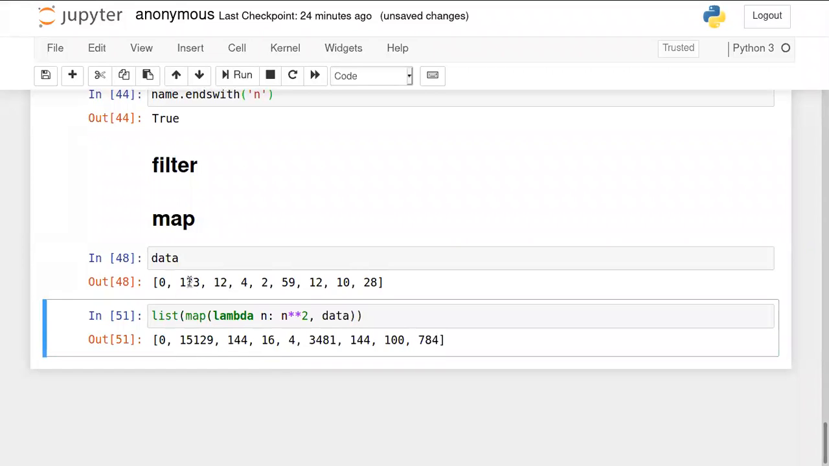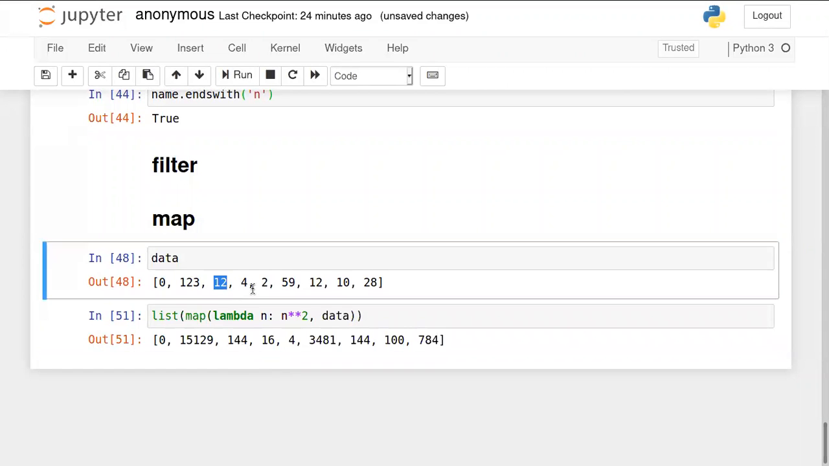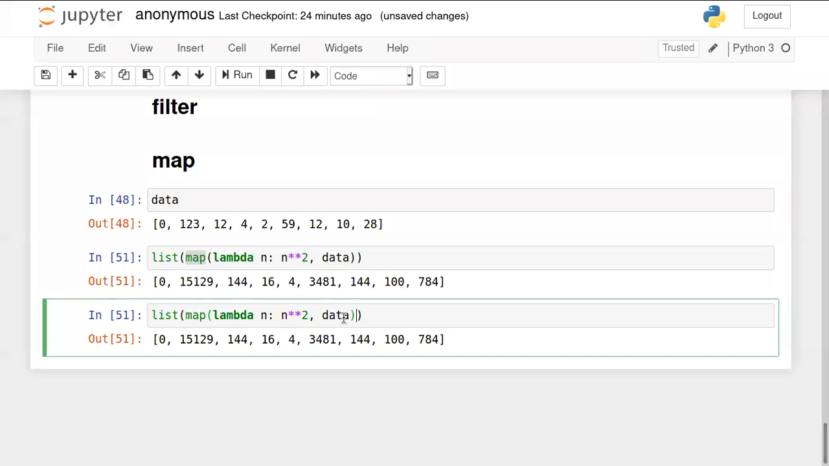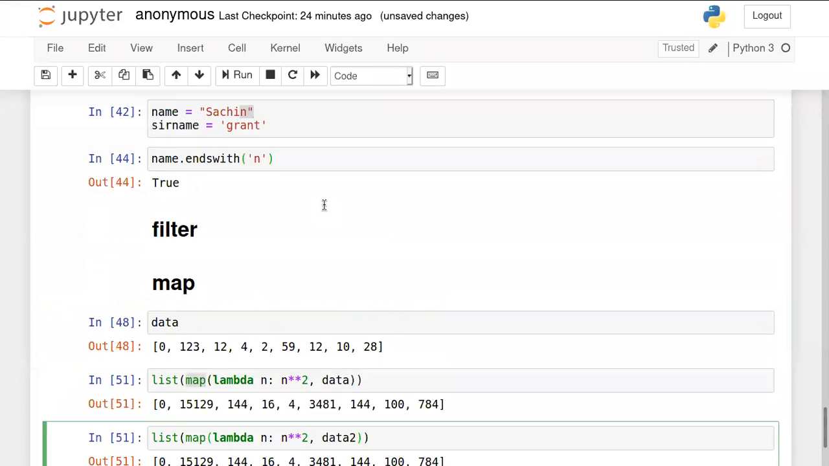So it will square all the numbers. 12 is 144, 4 will be 16, 2 will be 4, and all the values. That's how the map function works, that you can map anything you want along with your objects. Either if I'm going to use map along with the data too. Let's suppose, for example,